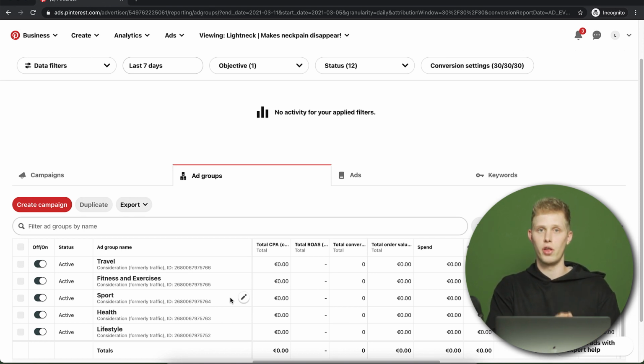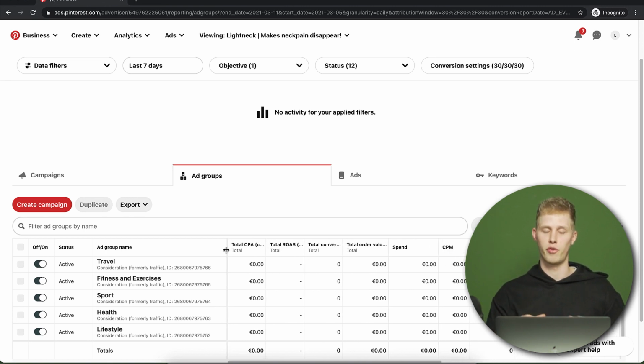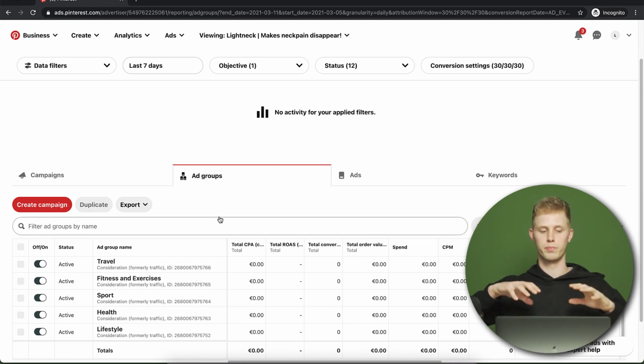Now, it doesn't always mean if an audience is performing well in a consideration campaign that it also performs well in the conversion campaigns. That doesn't necessarily have to be true, but often the performance is quite the same, and also you can see the click-through rate, of course. So I'm going to show how to analyze the data in a later video in this module as well, but I also already want to explain why we create the consideration campaign and what we're going to do with it,